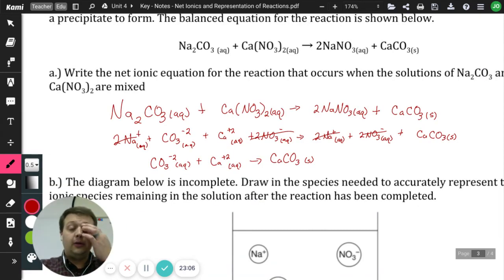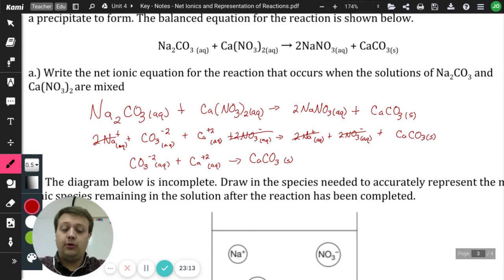All right, so let's take a look at this net ionic equation here. First off, I took my Na2CO3, my sodium carbonate, plus my calcium nitrate, and I found out that those were both aqueous. Why? Because they told me they were solutions, and they produce sodium nitrate and calcium carbonate. Sodium nitrate is soluble because it has something from group 1, and it also has a nitrate. And then I have my calcium carbonate, which was insoluble because it does not follow any of my rules for